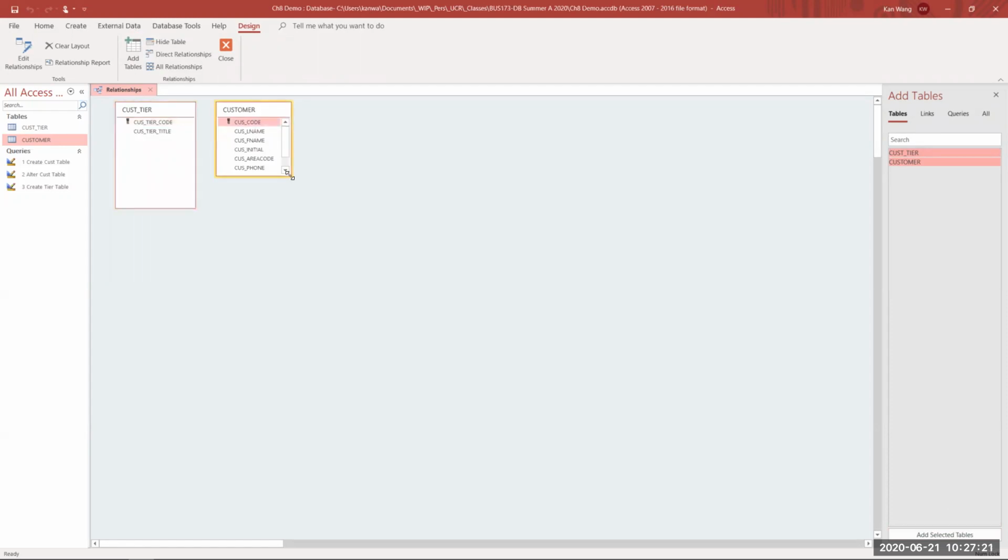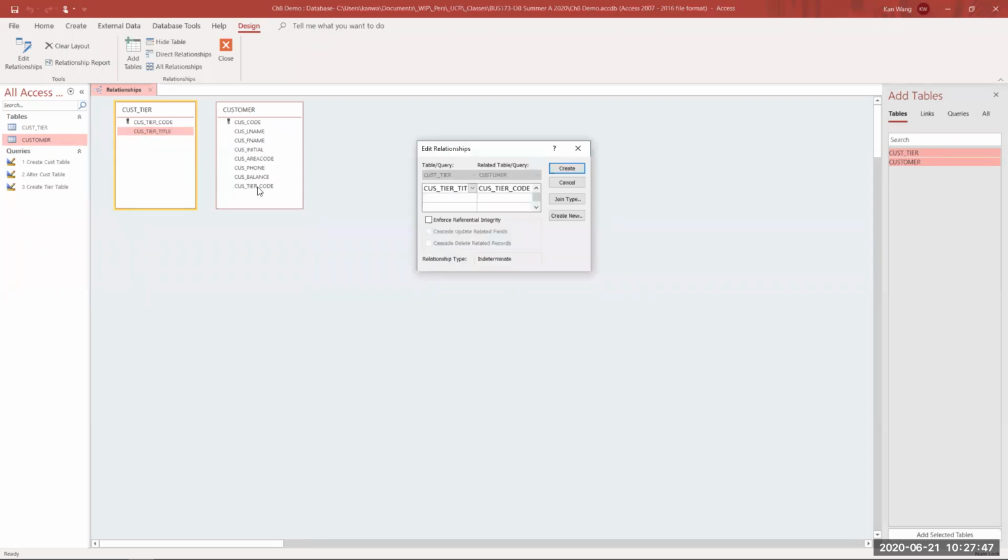Now remember from your first part of your project, to create a relationship without writing code, you will draw from the 1 and you will drop to, sorry, brain is frozen on me. All right, you drop the customer. Each customer tier can have many customers, customer tier code that we altered and added. So once I do that,